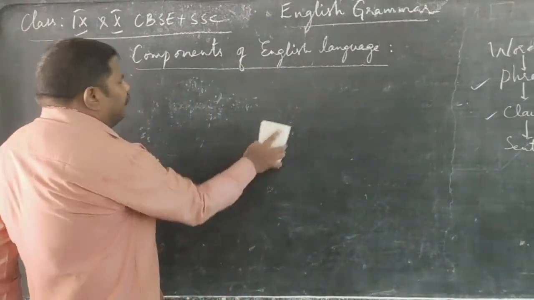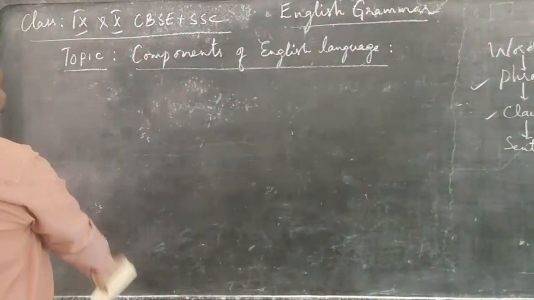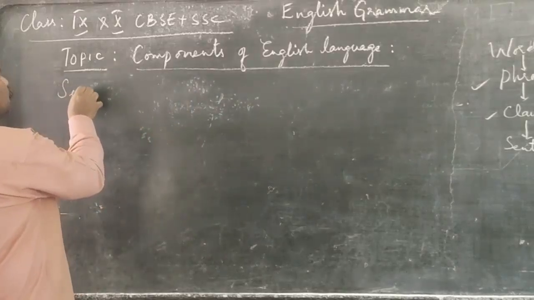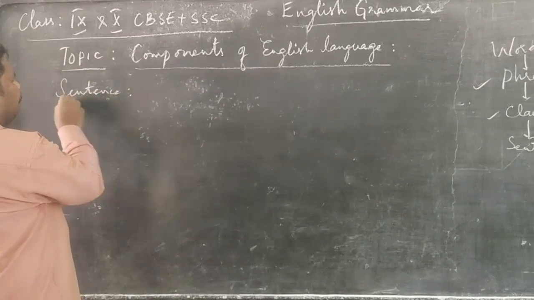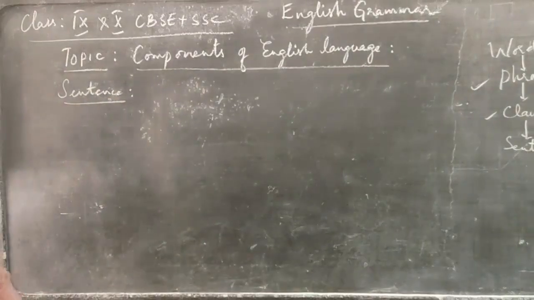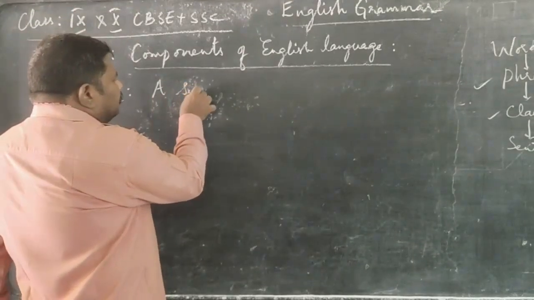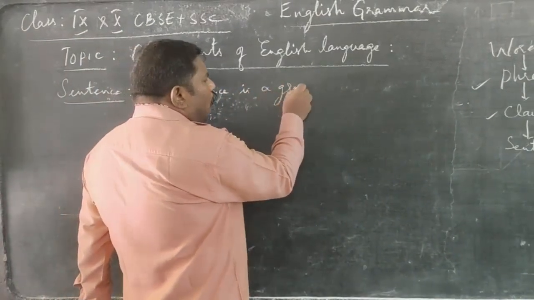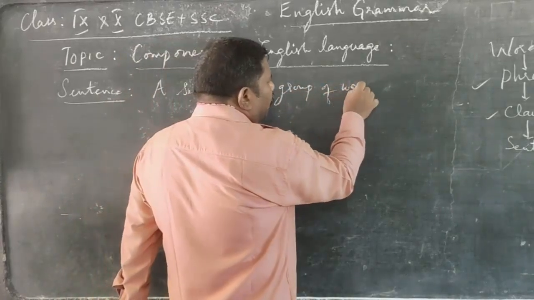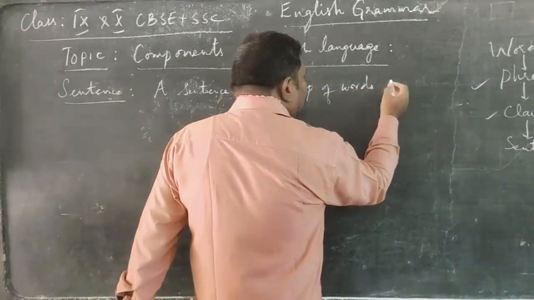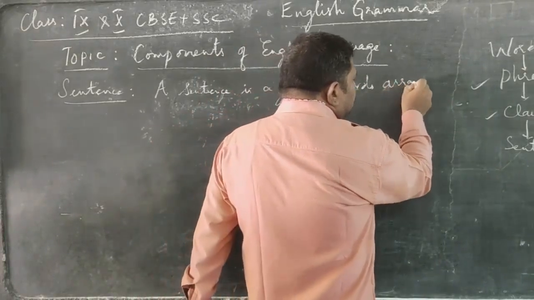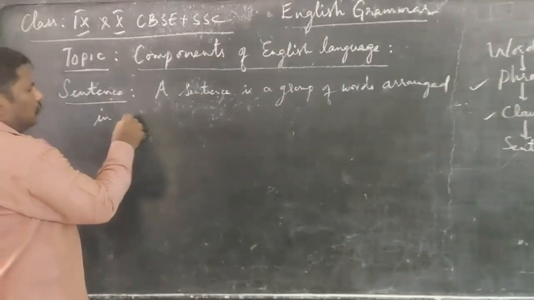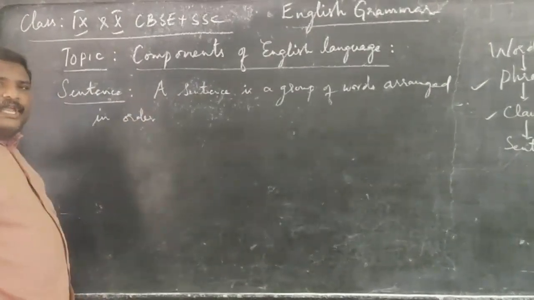So, we have understood what a phrase is. We have studied so far what a phrase is, what a word is, and what a clause is. Now finally, let us come to what a sentence is. What is a sentence? Let me write the definition. A sentence is a group of words arranged in order